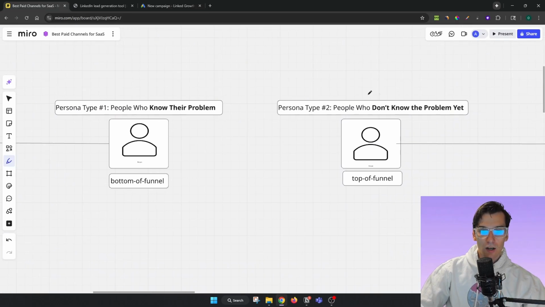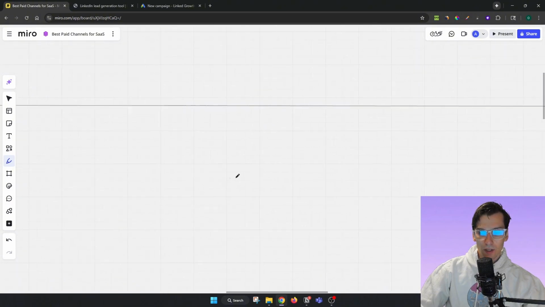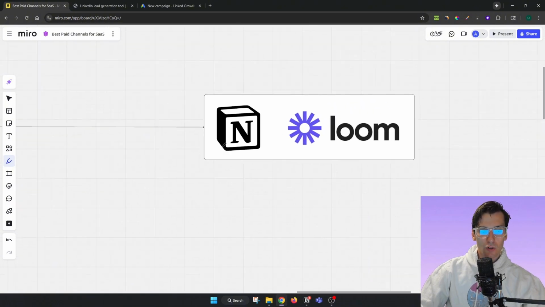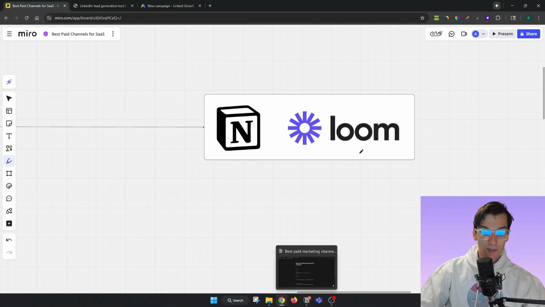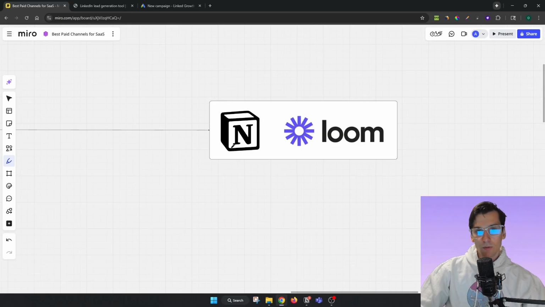Let's move on and now talk about top of the funnel, and the persona of people who don't know the problem yet. Two very good examples of products are Notion and Loom. Notion, as you probably know, I use it myself a lot, is note taking. You just take notes, and Loom is just to record your videos. Believe it or not, when they came to the market, and I'm sure they're killing it, they're both multi-million-dollar companies now, they created a problem by saying that your existing note-taking tools like Google Docs or Microsoft are extremely hard to organize your docs with, which is true. That's why we're coming to the market.